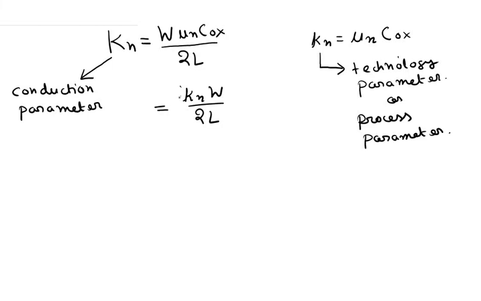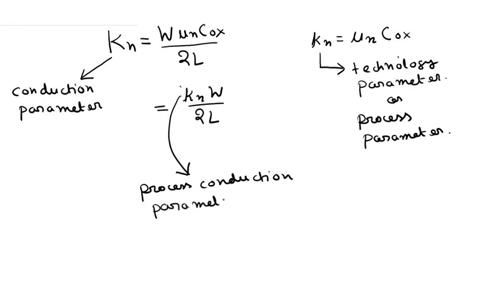And this small kn, since it depends on the process which we are using to fabricate the MOSFET, is known as the process conduction parameter. Okay, so we have discussed the current voltage equations for the MOSFET,